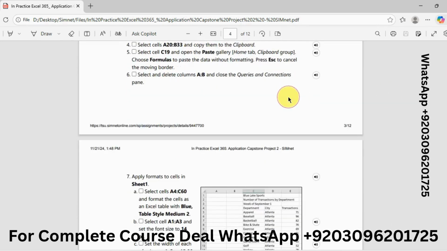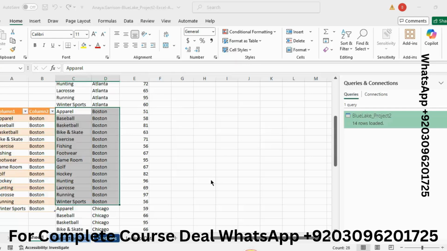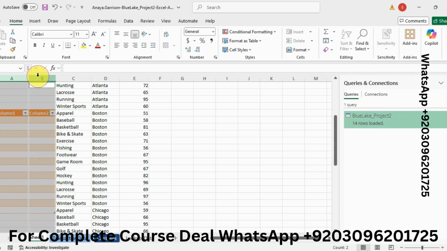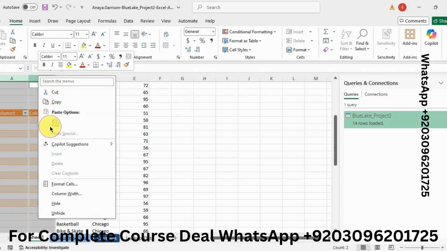Now step number 6 is select and delete column A and column B. Select column A and Control-select column B, then right click on it and click on Delete.